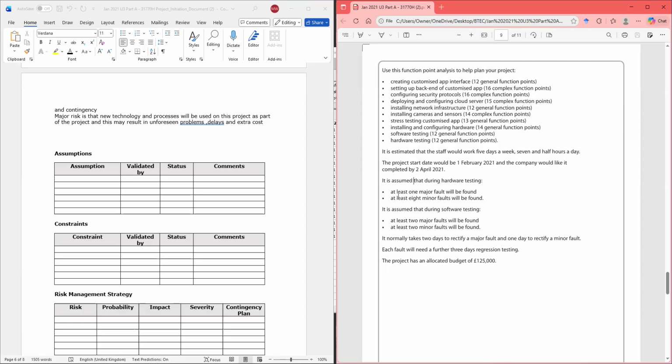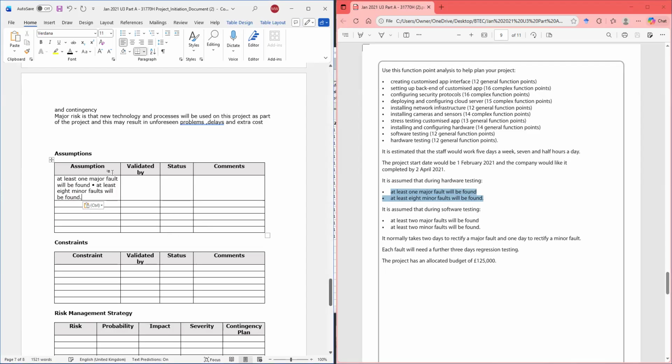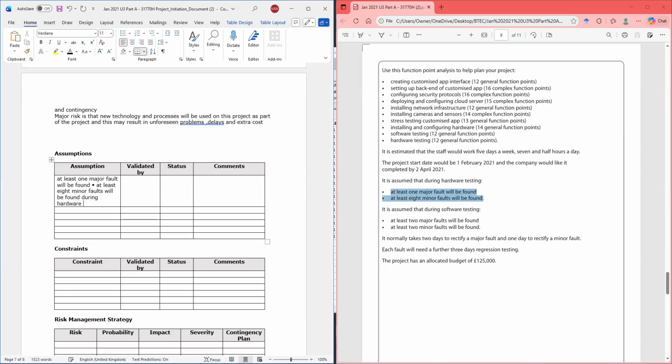So we can say that we're going to assume that at least one major fault and 8 minor faults will be found during grade testing.